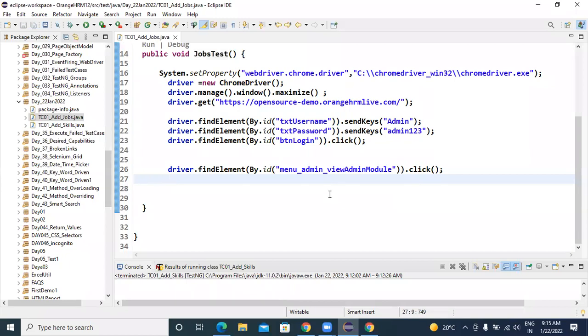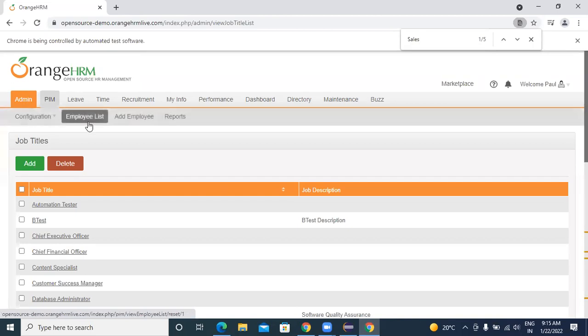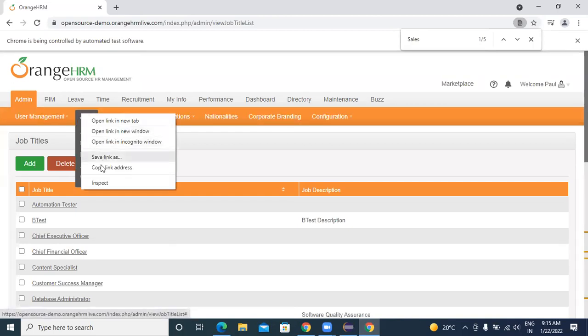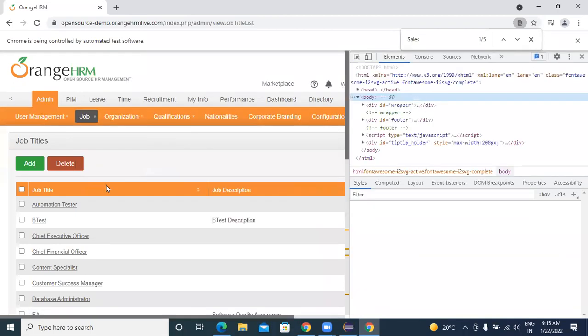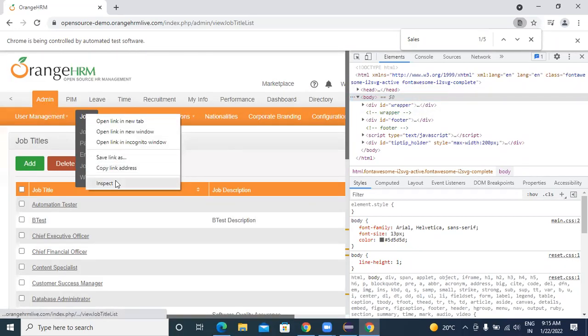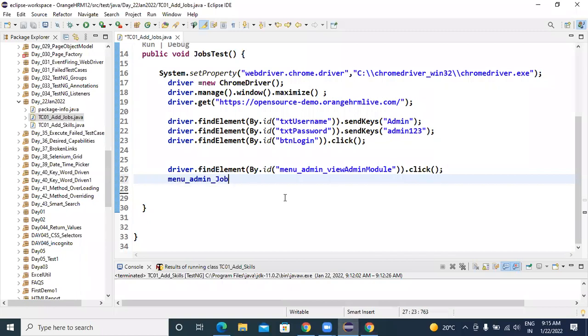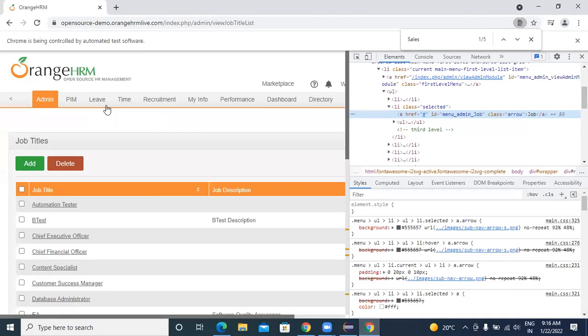Okay. So now let's go and check. After clicking on admin, which web element do I have to inspect? Job. So right click and click on inspect. Body got selected. Again, I have to inspect. So here the ID is given, Control C, Control V. So job.